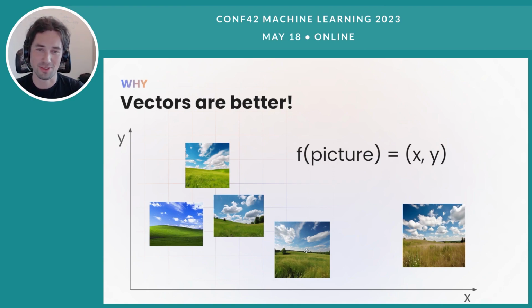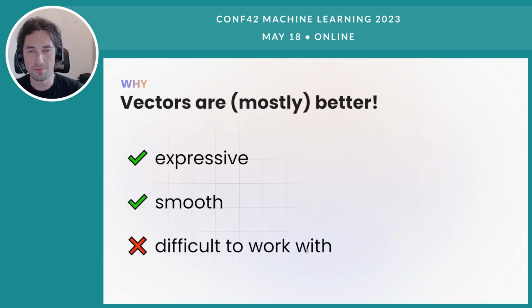And this kind of resolution and nuance is what words, or any sort of structured data, are basically lacking. And this is why a vector representation is kind of closer to the truth in a way. And so, just to summarize, the reason vectors are useful is they're expressive, right? They allow you to capture differences between things that you cannot otherwise express. They're smooth, so things that are close by in the vector space are kind of gradual,